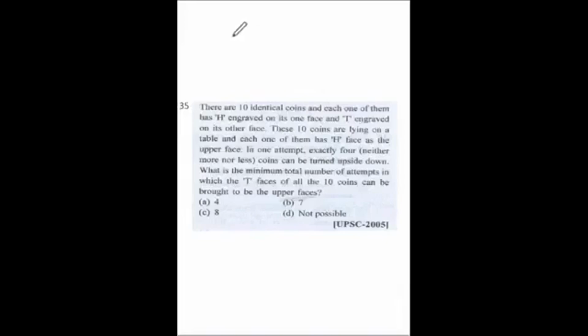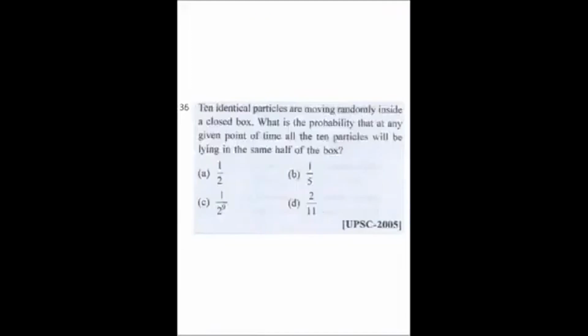In this case, we say 10 coins are there, 1, 2, 3, 4, 5, 6, 7, 8, 9 and 10. So all are having head upside. First step, we turn these 4, we get tail. Then we take these 4, we get tail. Then we take these 3 and this one. So what happens? This becomes tail and these 3 become head. Now we take these 3 again and this one and turn them. So all become tail. So in 4 attempts all have been turned and we got the tail face. A is the answer.